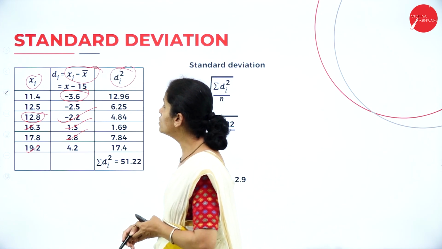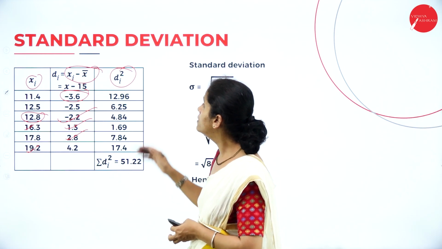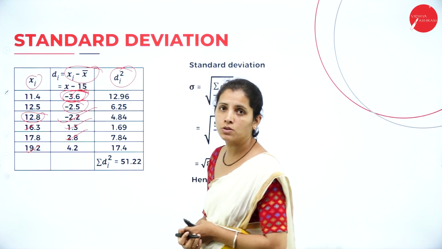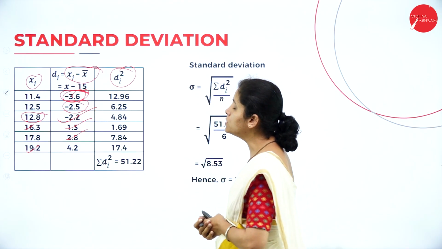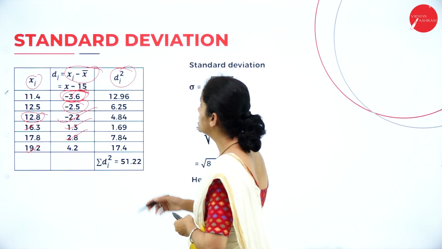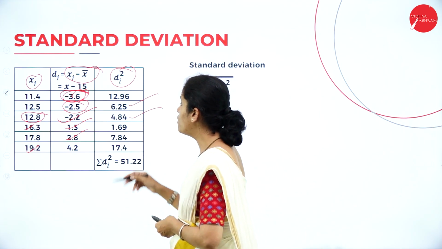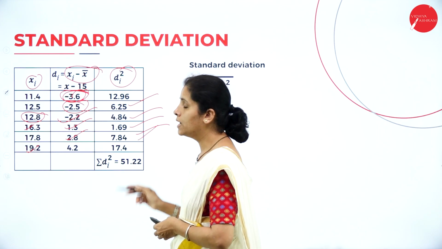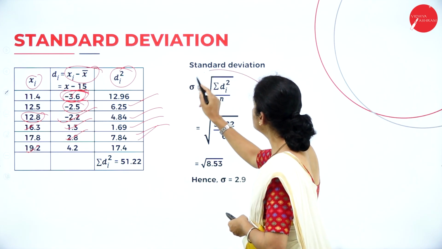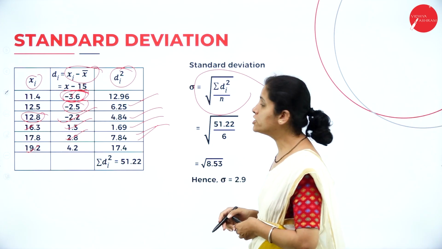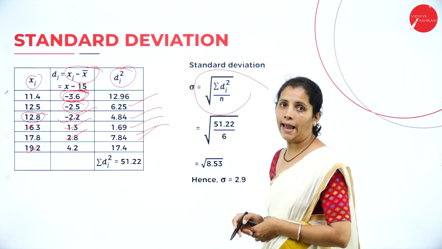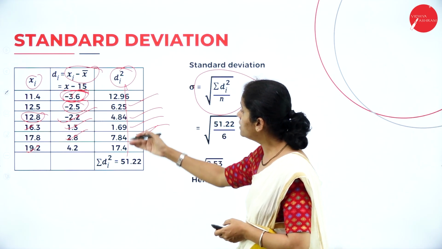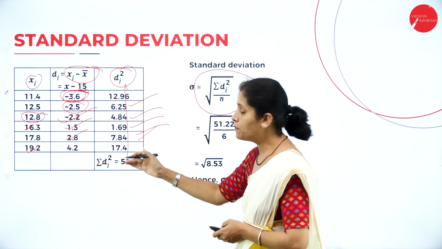Now what I want to do? I want to have di square. So I am going to take the square of these values. When I square these values, I have 12.96, 6.25, 4.84, 1.69, 7.84 and 17.64. And what's the formula? That is the whole square root of summation of di square by n. So I require the summation of di square. I am going to add all the values, and what is the value? I am going to get